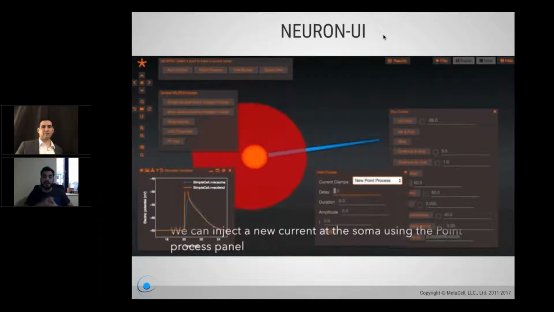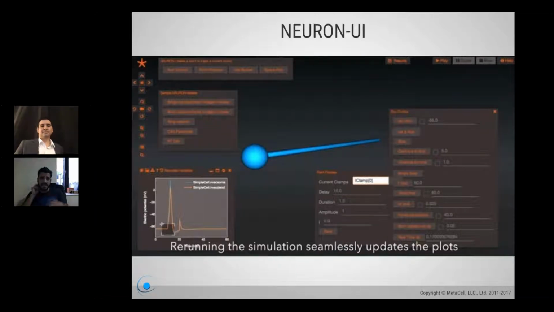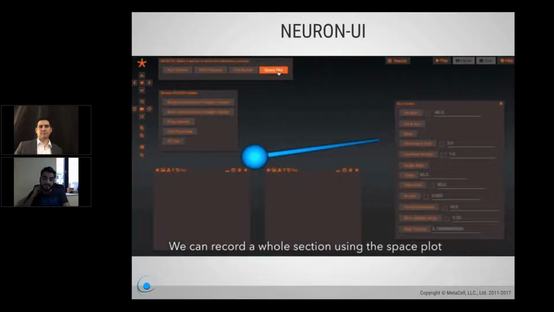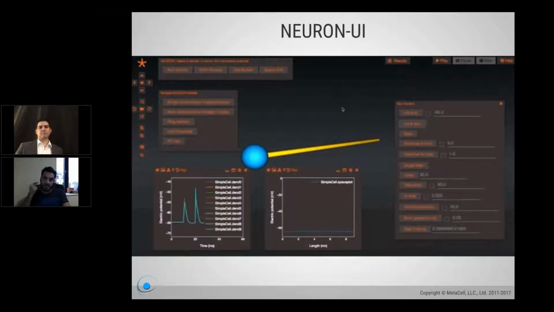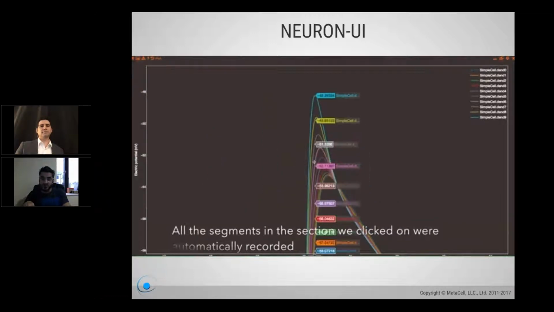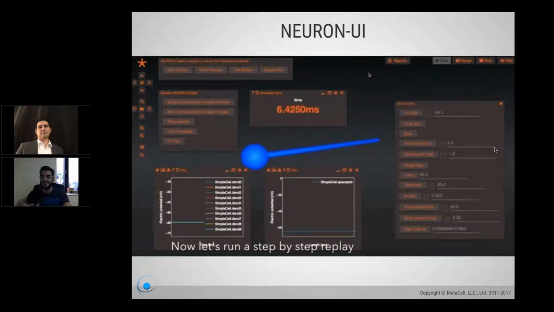Yes, and once again, in this case, we see how we are recording a space plot at different sections in this Hodgkin-Huxley model, and we're replaying the simulation. For those of you that have used NEURON before, obviously this is called NEURON UI. So if there are some things that look familiar, it's because this is something that we built in